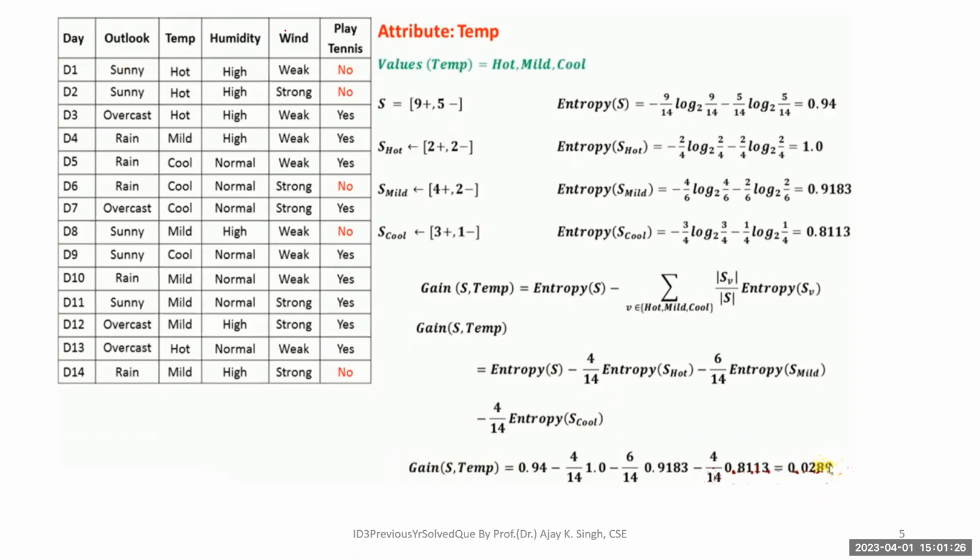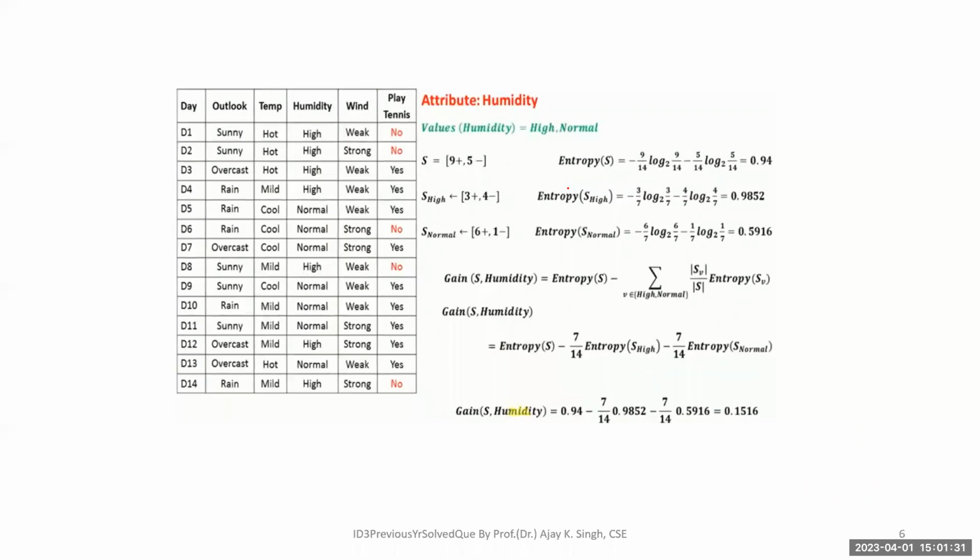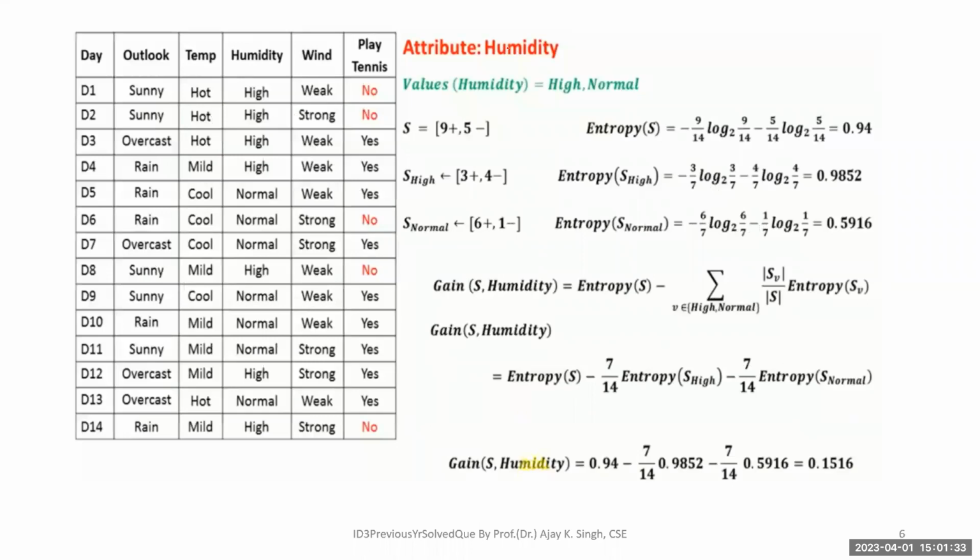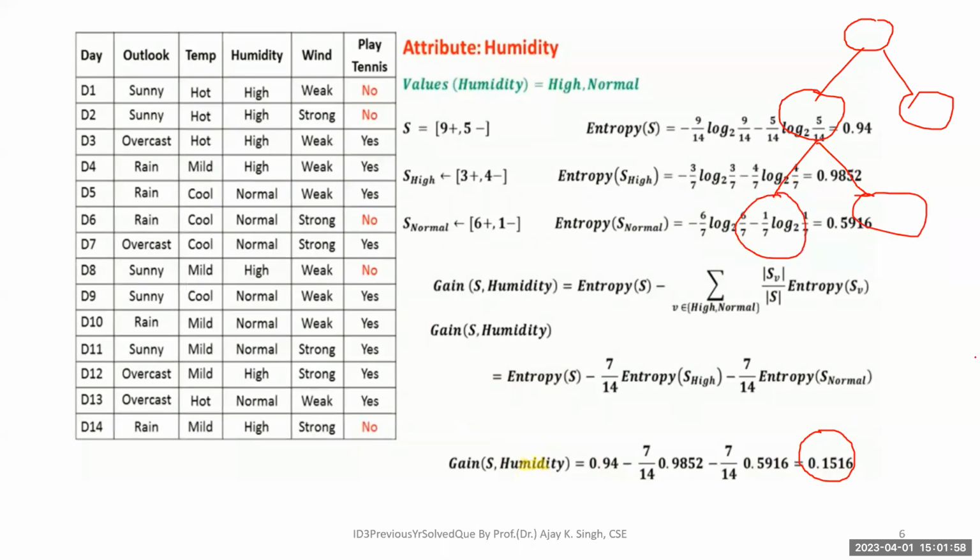Now we are going to go for humidity, then wind, and so on. In the same way, we calculate the humidity, and the information gain comes out to be 0.15. We are supposed to look at the highest information gain, so that I can put that attribute at the very top of the tree, the root node, and then the rest of the nodes come after. We are creating the decision tree, which is going to make decisions based on the given input. This is how we do it.